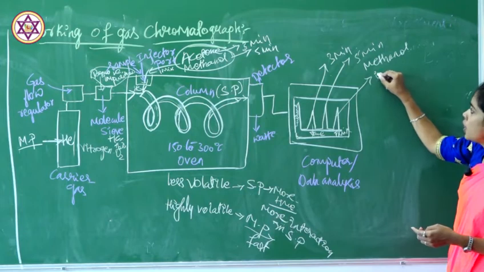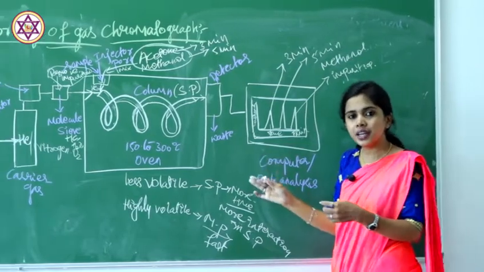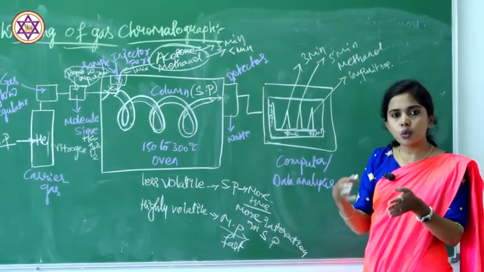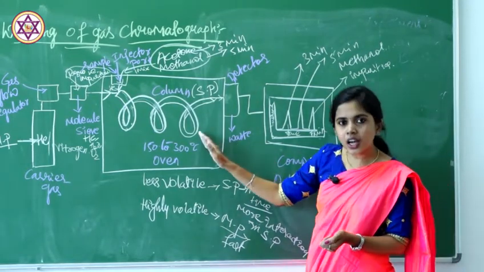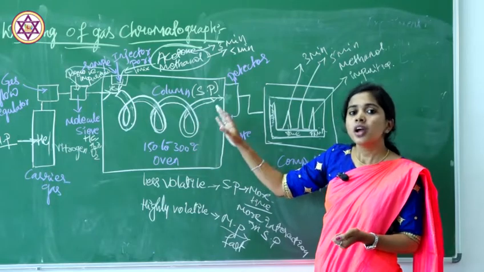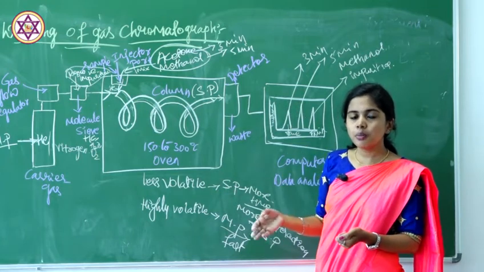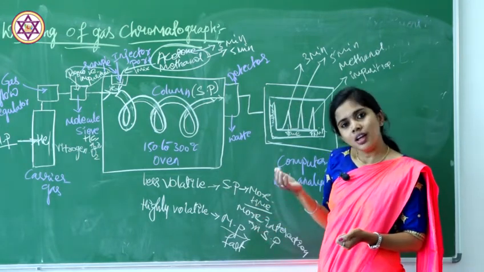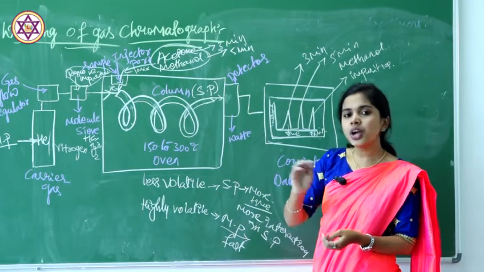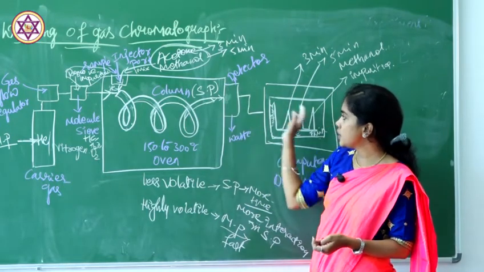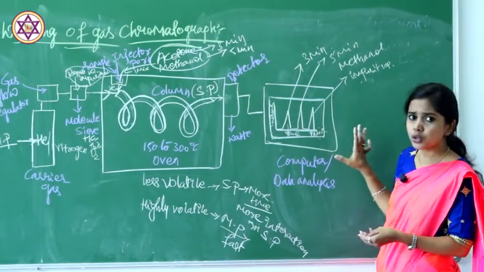Then other impurities we get at, let me take, 7 minutes. Some impurities, or it can be some other compounds also; depending on standard data we are going to observe what kind of compound it is. If it stays a longer time in the column, we call it more retention time. If it stays less time in the column, we call it less retention time, and faster elution takes place. Elute means coming out from the detector. We get the data here in the graph on the computer.